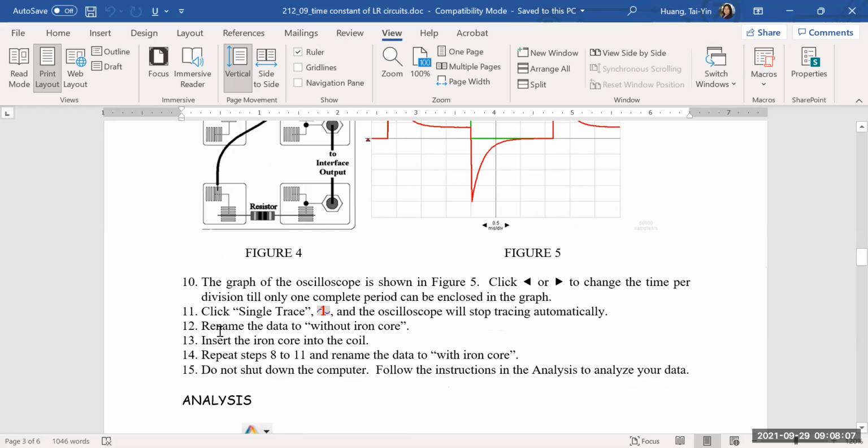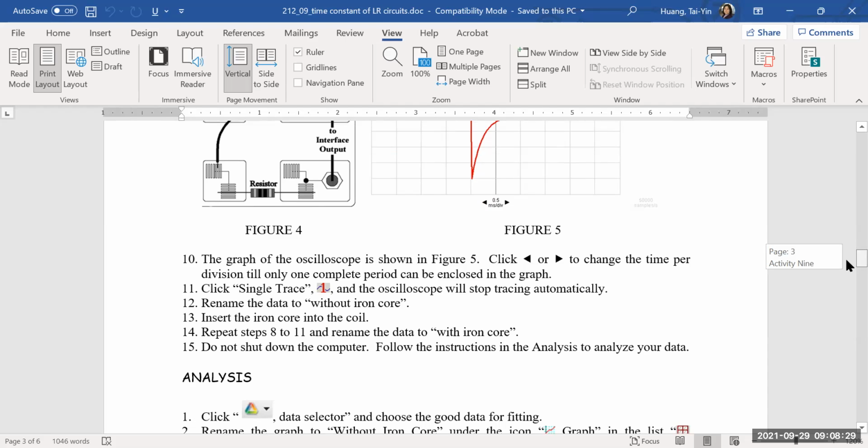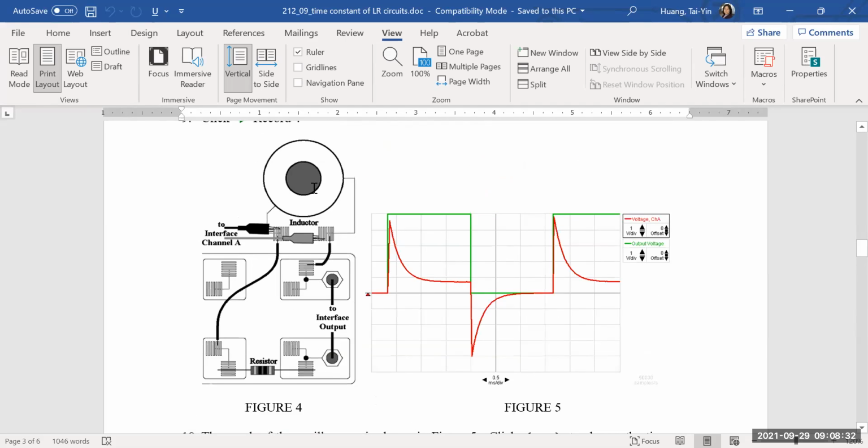And then you want to click on single trace that is on the panel. This one will freeze the screen, so it doesn't keep sweeping all the time. Once you click on the single trace, you're going to have just one still pattern like this. And then you're ready to do one with the coil, one